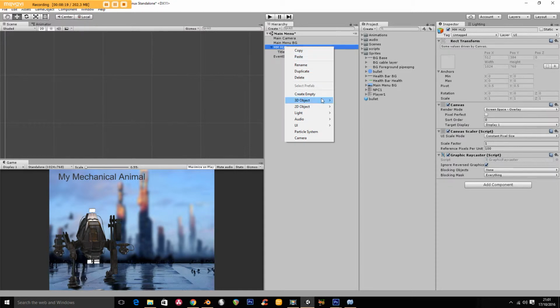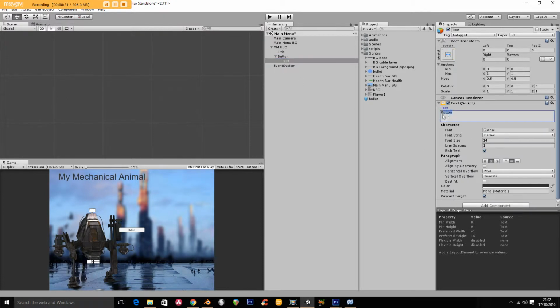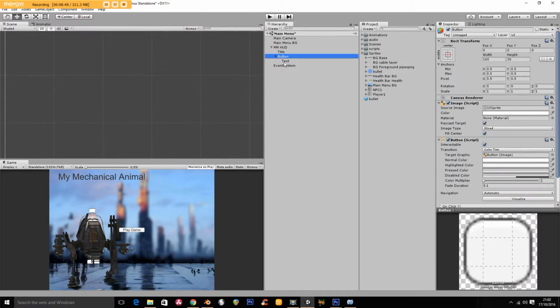So inside of this now, I want to create another UI element, and I want to create a button. There's my button. So inside of a button is a text field, and I get to choose what's in the text field. So I'm just going to go play game. Again, I can change the size of things, the font size. If I make it too big, the font will fall outside of the button, etc. So we'll rename this button play,